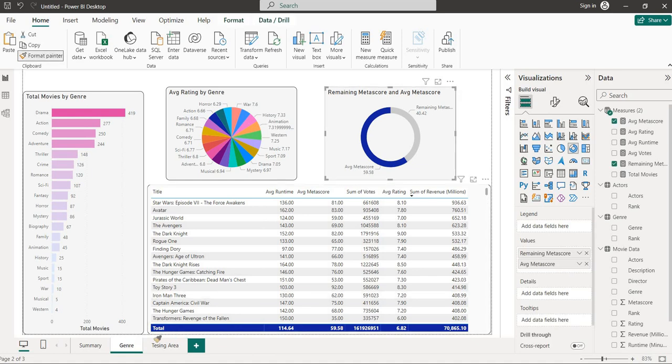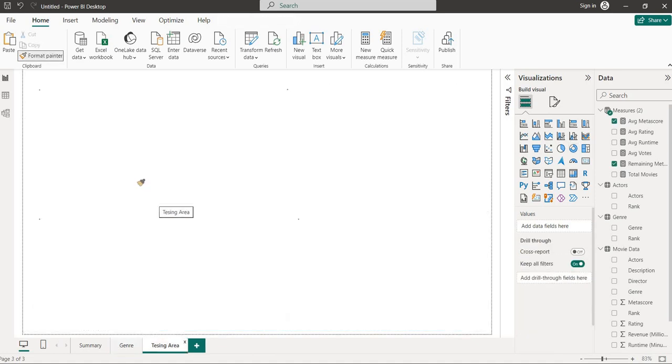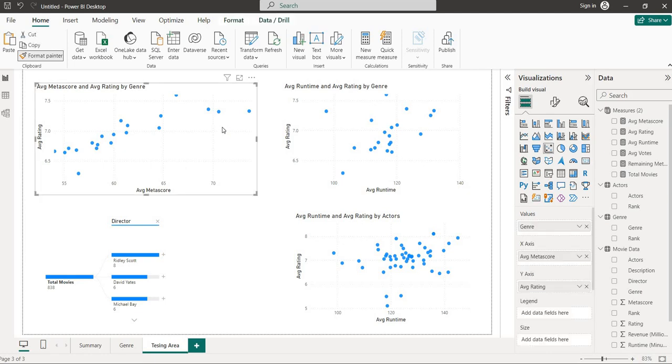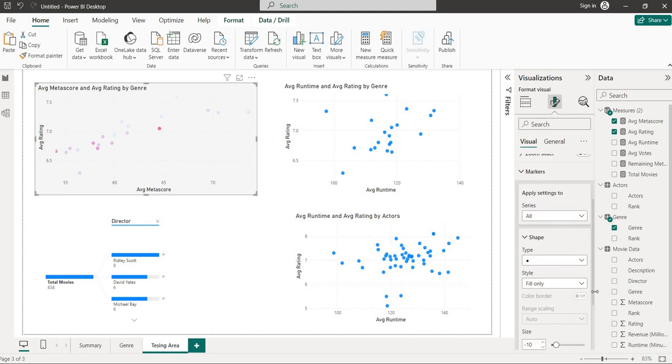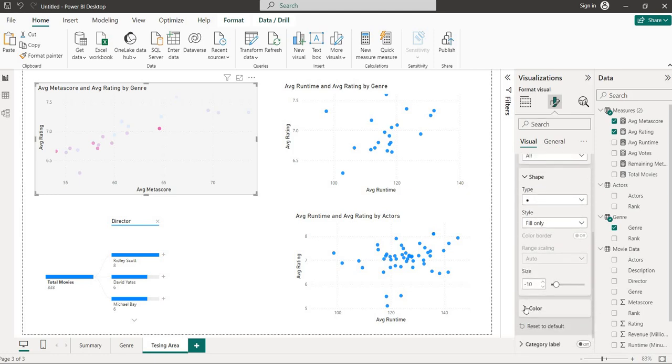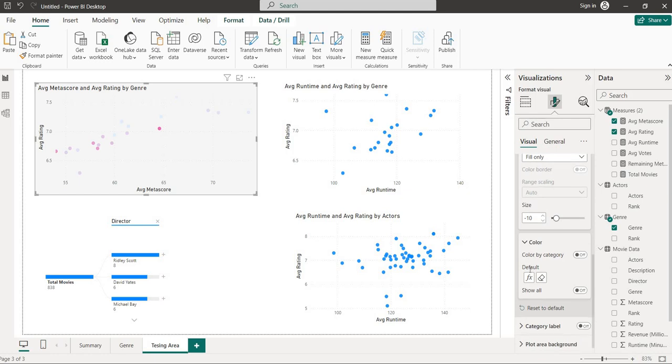Let me do the format painting for all. Let me change the color. Legend markers. For the marker type, round is good. And the color, which color should I take from low to high?